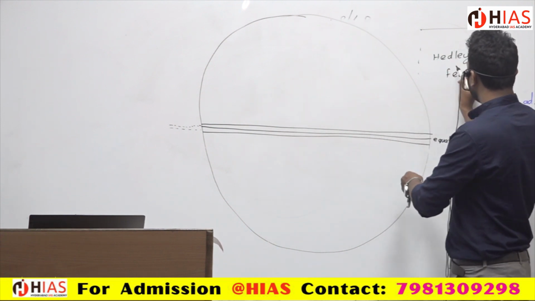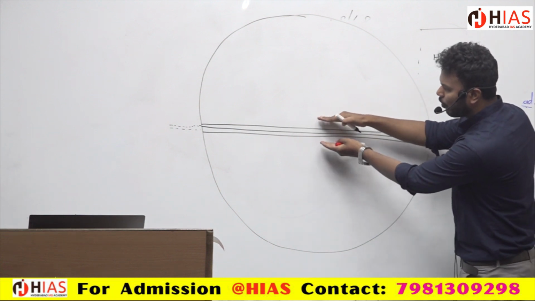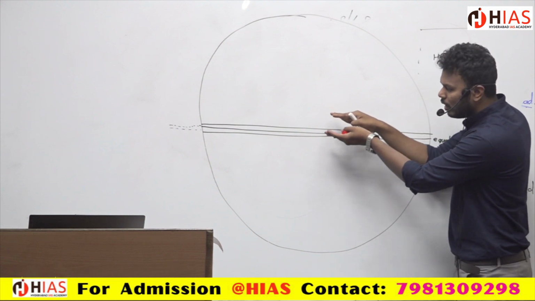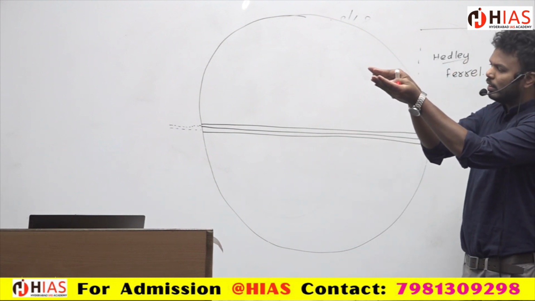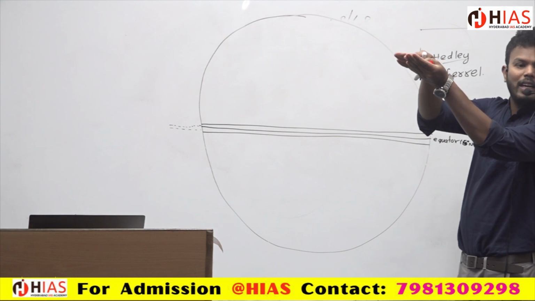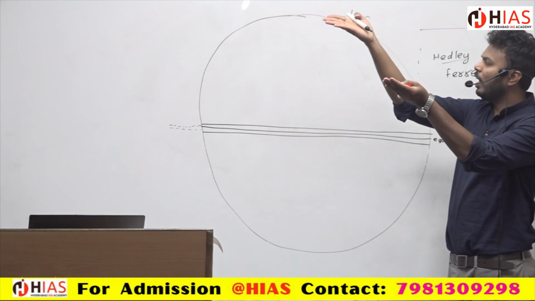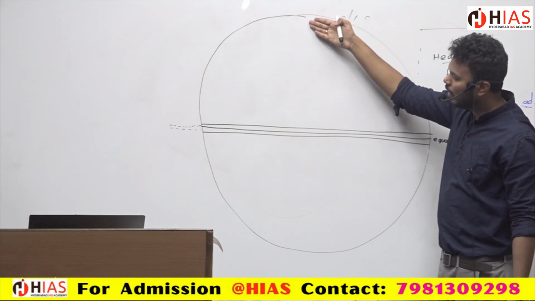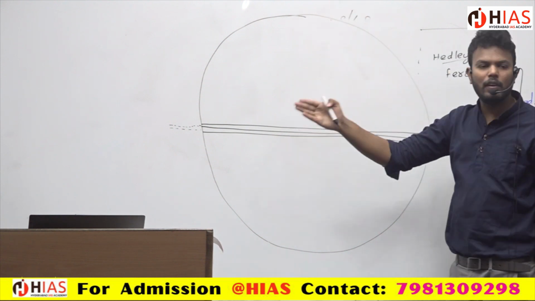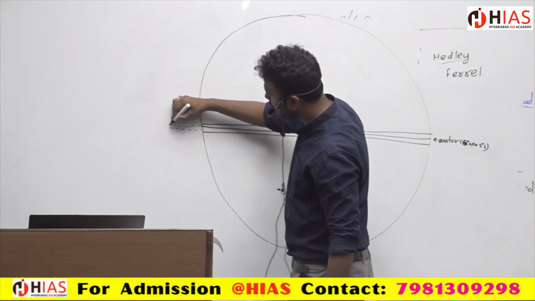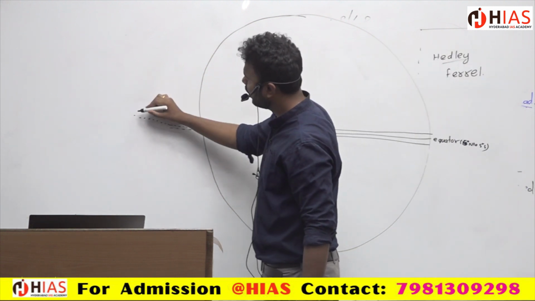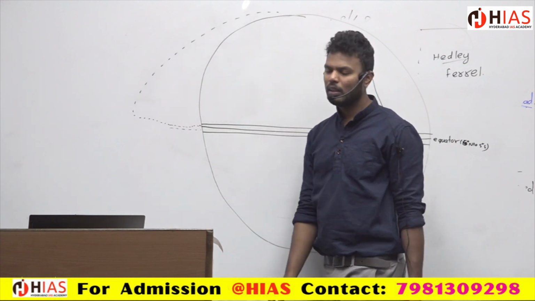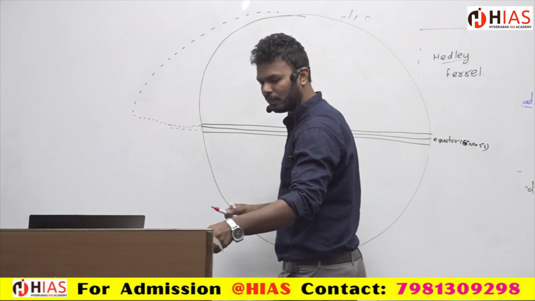What Hadley told is, the winds from the equator, meaning the convection: whatever air is there at the equator will always rise. After going to the tropopause, it will get deflected and go towards the pole. Again at the pole, it will be descending, coming down, and then rising again. See, here the wind is rising. After going there, it starts deflecting towards the poles. See, in this manner it is traveling.